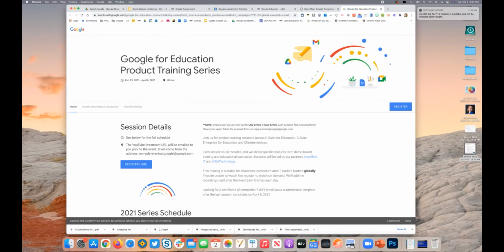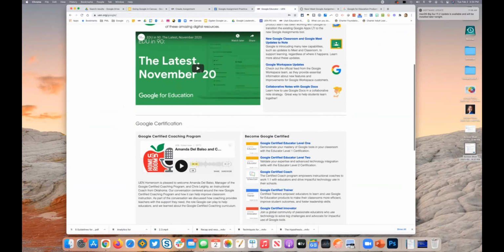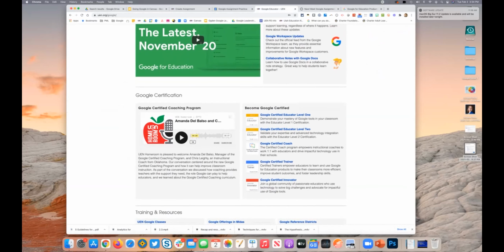And beyond that, maybe one more little thing that I want to share with you. This gives you a lot of information about the Google certification programs. I don't know how many of you are aware of this, but there are actually several different levels of Google certification. Typical ones that a lot of classroom teachers do to get started are the level 1 and level 2